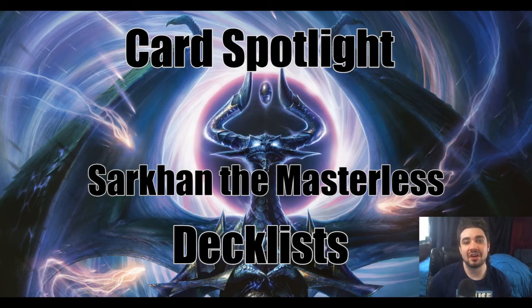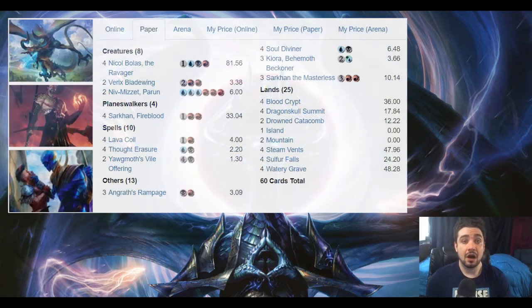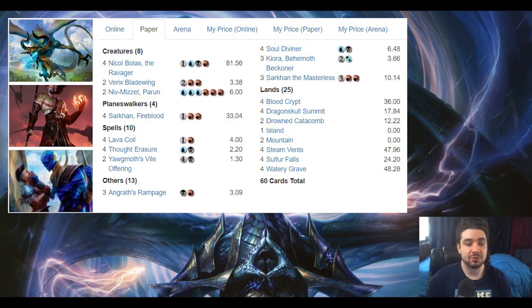So we've mentioned several different cards that synergize very well with Sarkhan. We have a pretty good understanding of situations we're trying to cultivate and what it's going to be facing up against. So let's use all of that knowledge to make some deck lists and see what this would look like in practice. Now, the first deck list we have here is Grixis Dragon's Shell. This one has several cards we've mentioned so far in Kiora, Nicol Bolas, Varix Bladewings, being supported by a lot